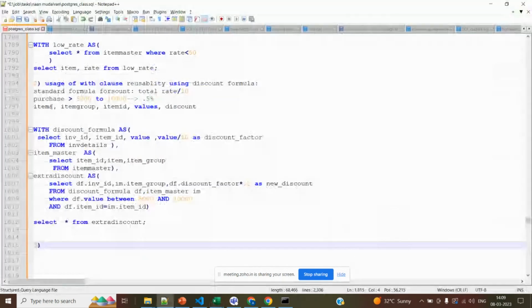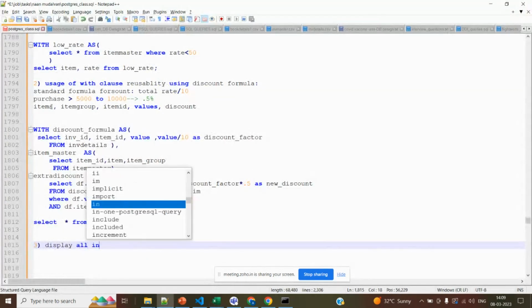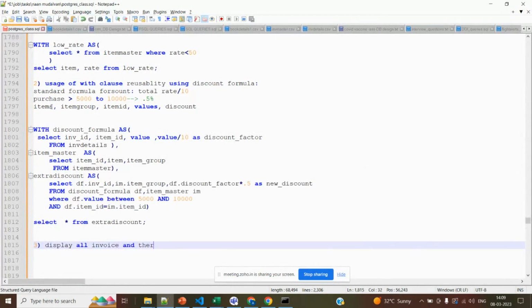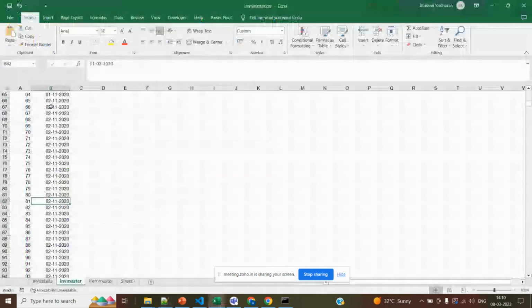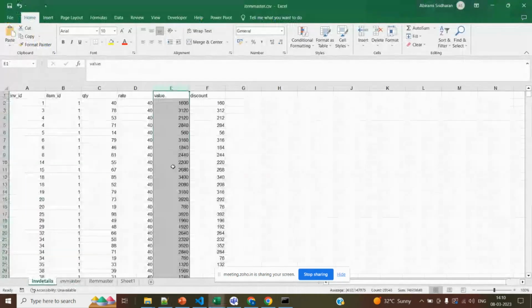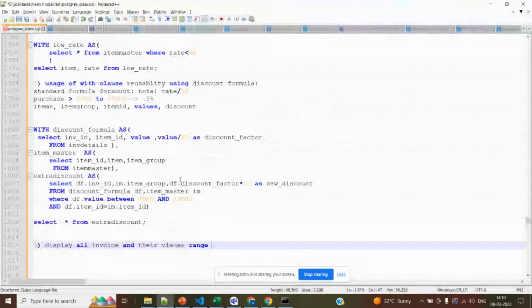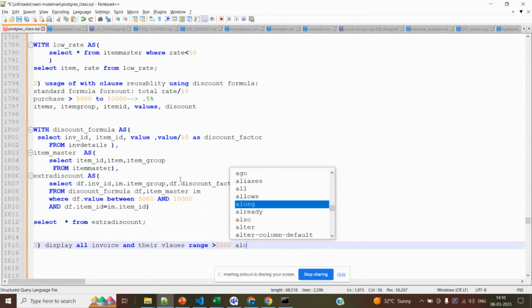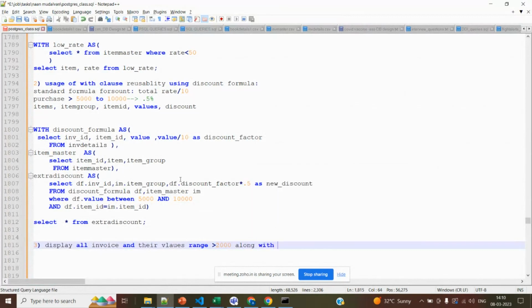I need to display all invoices and their values, right? Values within the range. What range can we fix? It is above 2,000. Okay, we will fix it above 2,000, along with the